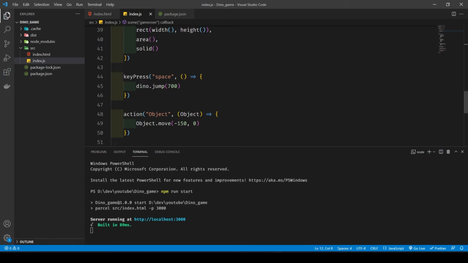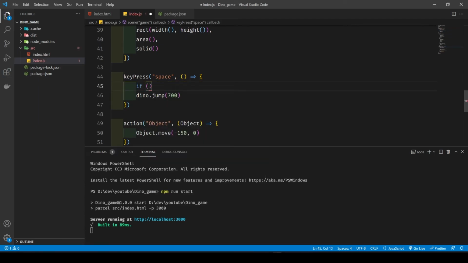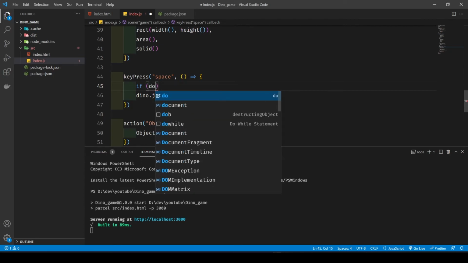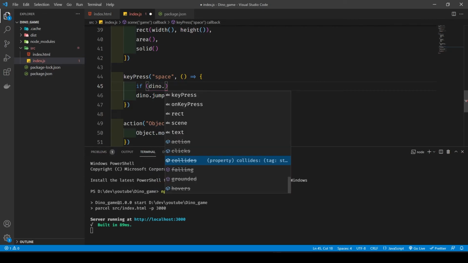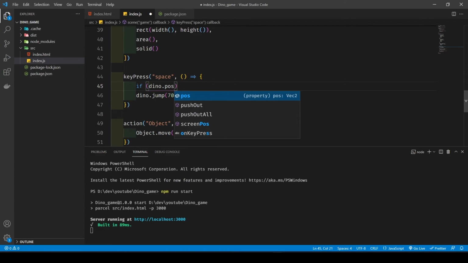So this is what we can do. We can add an if condition here: if the dinosaur dot position, this is how x is the position, and then we can check x and y. If the dino dot position dot y axis is greater than,